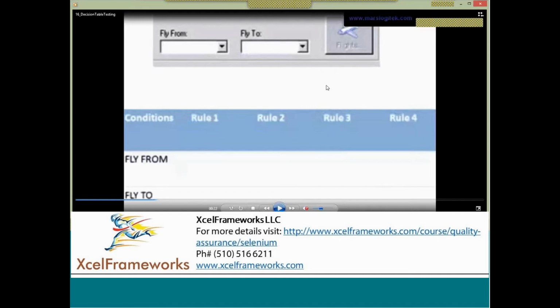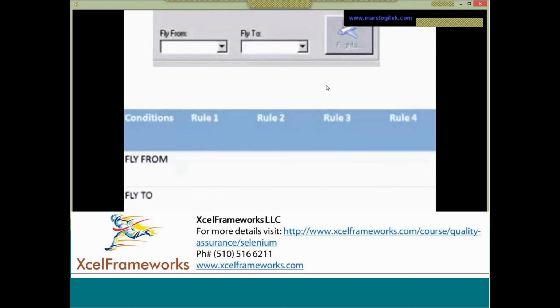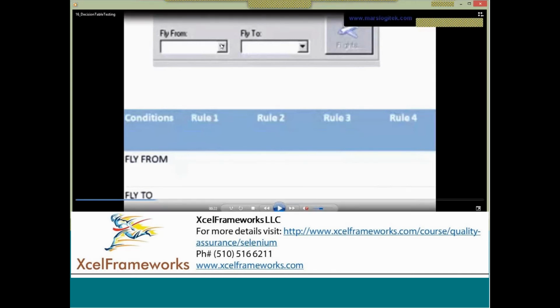Now, when I ask you to come up with the test cases, probably what we do is, once I land on this page, by default, without selecting any value, the flight button is disabled. It is a single button. When I select a drop-down, that is from, or it can be to also, I can skip this and select only to, then the button is still disabled. But when I select both from and to, it should be enabled.